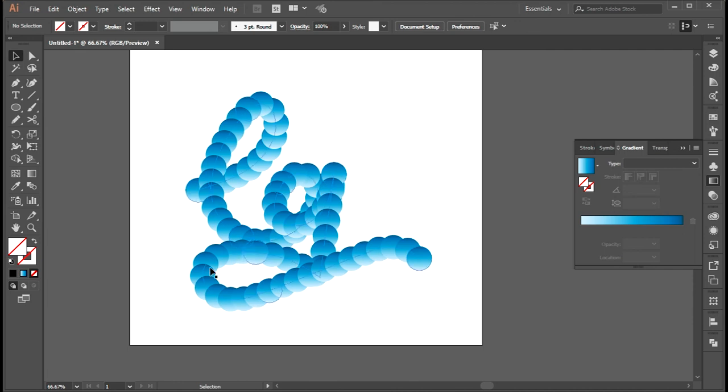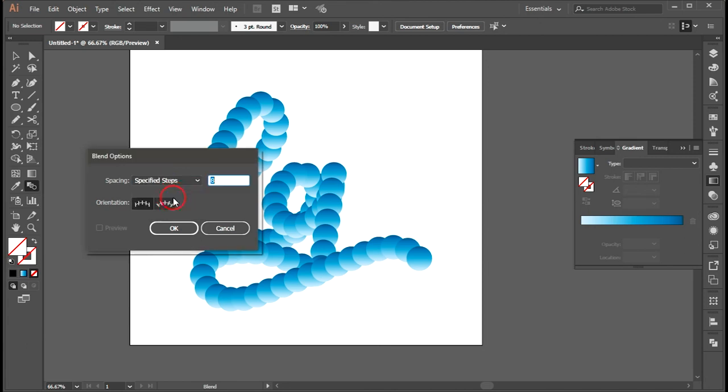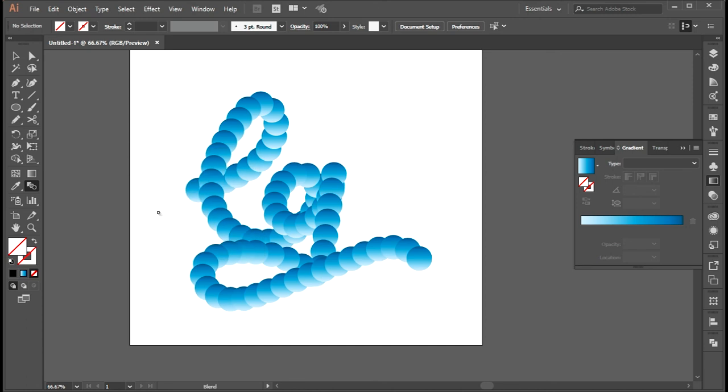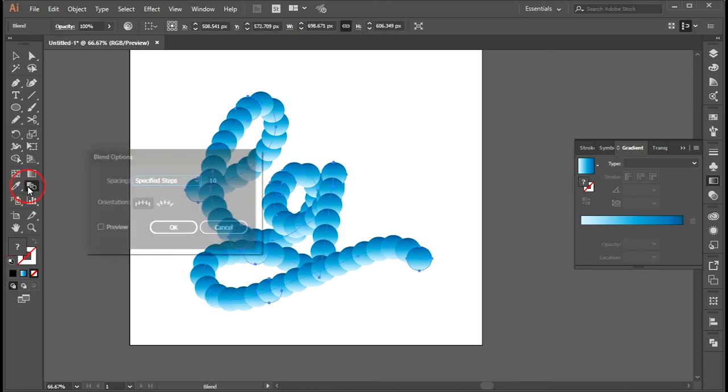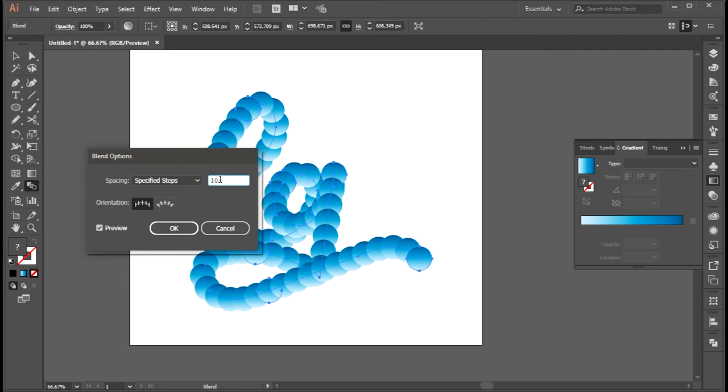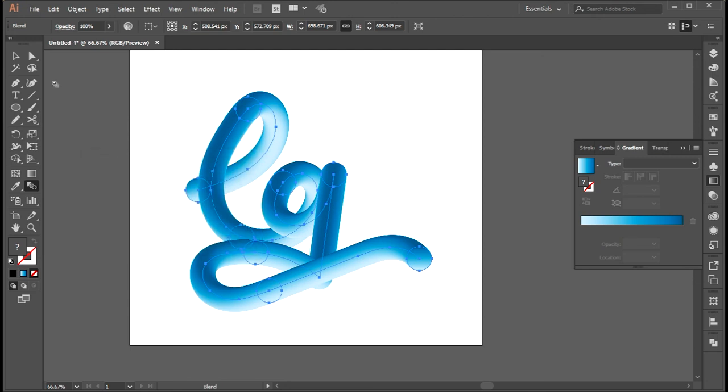So what's the reason for this? The specified steps is now lower. I had 10, so I will have to increase the specified steps. If I go to 40, I haven't selected it, so double click over here, see I have 10 over here. If I increase this, you can see 20, 30, 40, 50, and there will be a point where you'll not be able to see any separate shape. So if I press OK, you can see